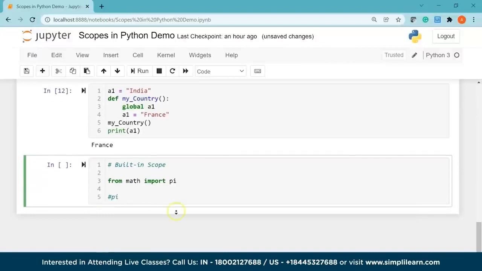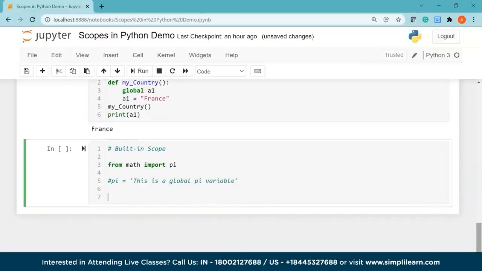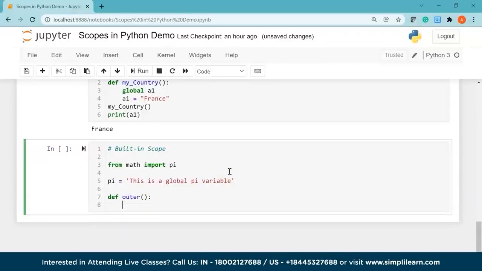Now what I'll do is, first I'll give a comment and create a variable called pi equal to global pi variable. I'll say this is a global pi variable, and then let's do one thing. First of all, we'll remove the comment, and now I'll create an outer function. I'll give a colon and say